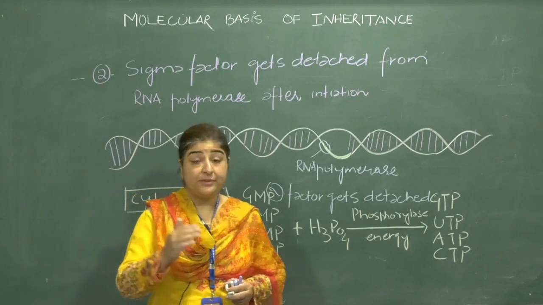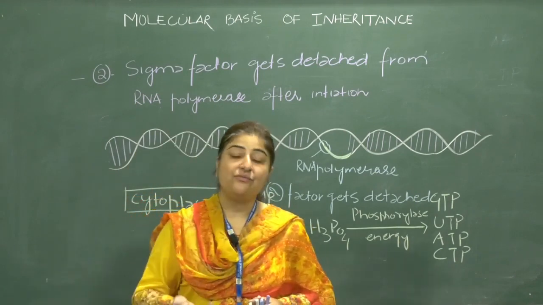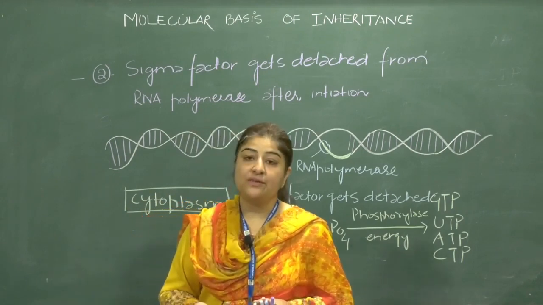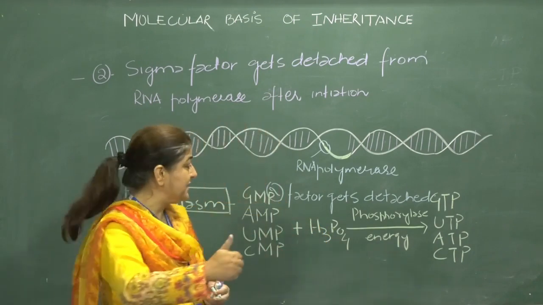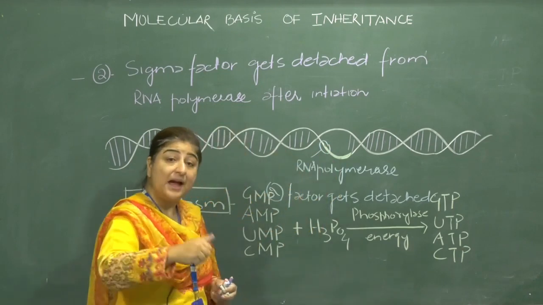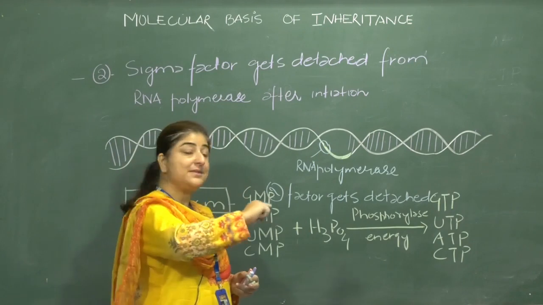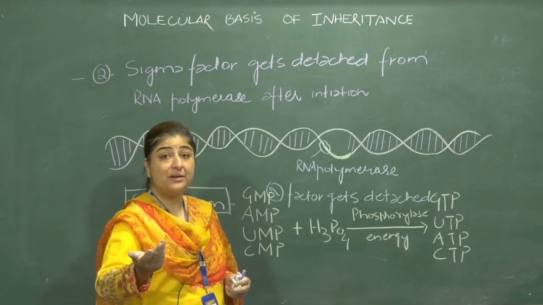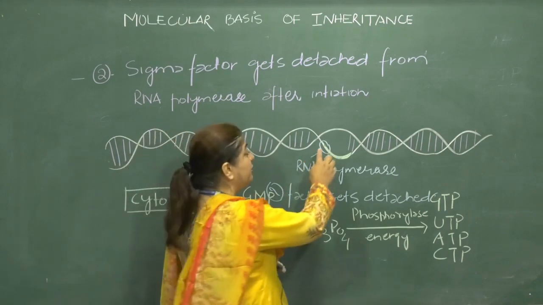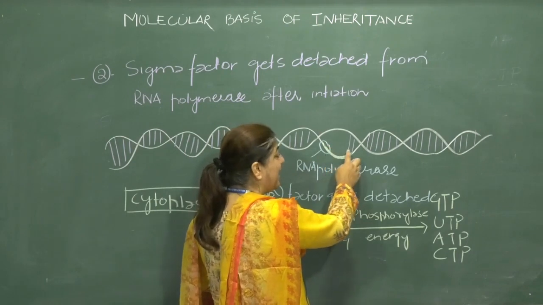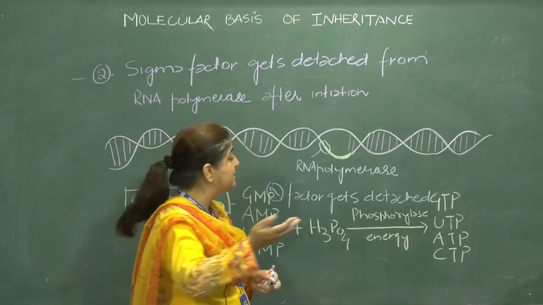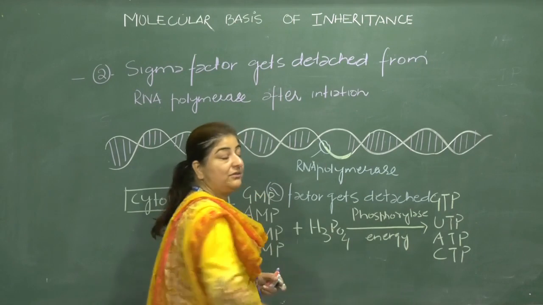As I told you in my previous lecture, these bases in the triphosphate form serve dual functions. The first function is that they act as a substrate in the process of polymerization. Simultaneously, the second function is that they provide energy for polymerization. That means when the ribonucleotides are added, the energy for the addition and for the establishment of the bonds is provided by the triphosphate forms.